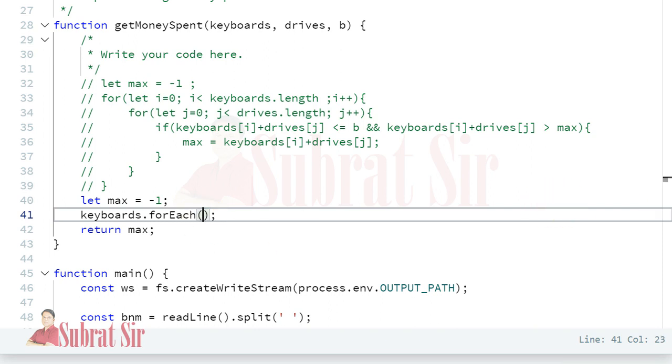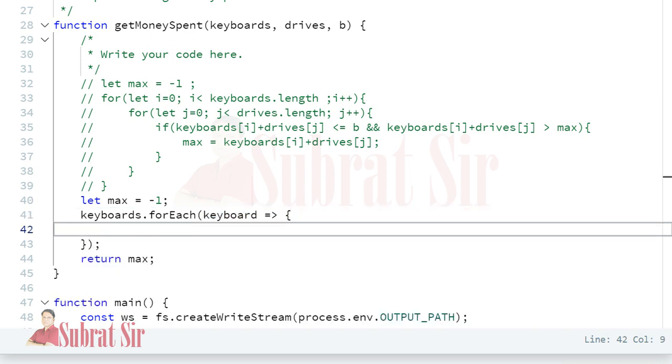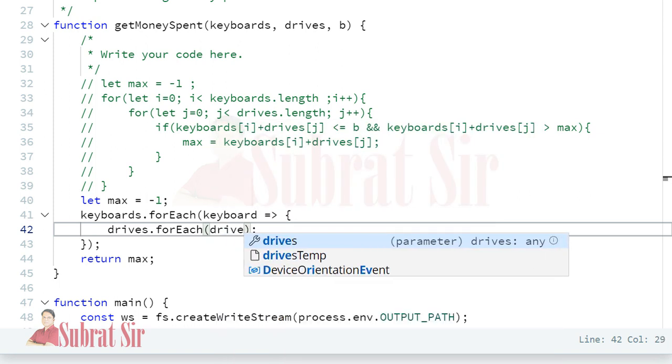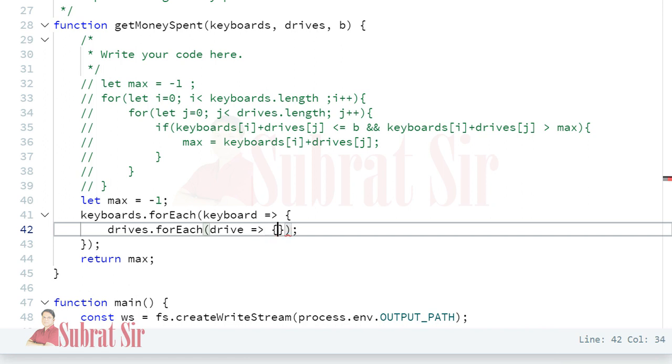Here we can write a variable name for each element, then arrow and a function. Okay. So here instead of keyboard you can write any variable name, but as these are the values of keyboards, that's why I wrote keyboard. Okay. Then similarly to assess each drive value we can write drives dot forEach. Okay. Then each value will be stored in drive, a single variable. As I said, you can write any variable name as per your choice. Okay.